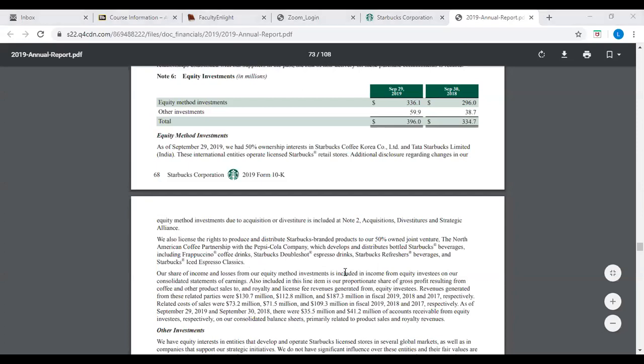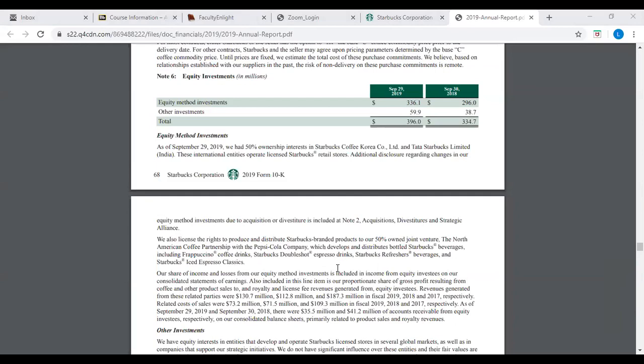So they have a little bit more complex arrangements also that they report in here. But just to show you, yeah. And if you say, well, Starbucks is Starbucks, but they have separate corporations also. One's in India here, and Korea, that they operate in, that they bring their information back into the fold under the Starbucks name.